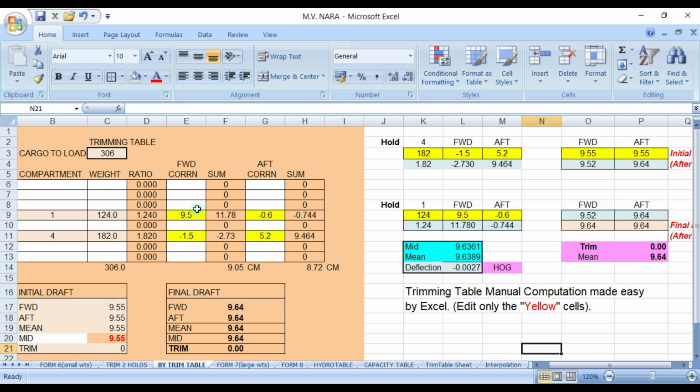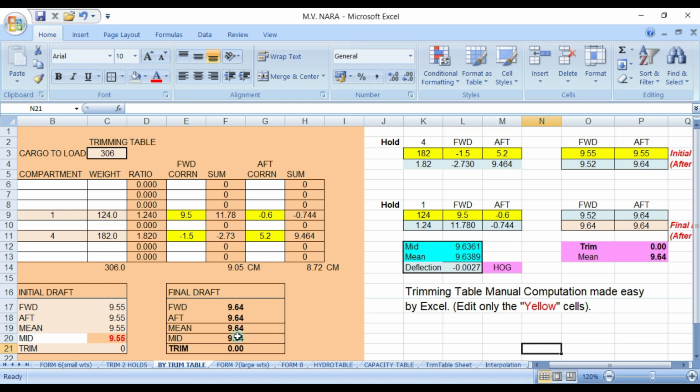Once you put this one, guys, here, he will automatically put the same figures as what is written here. You will see in hold number 1, 9.5 and 0.06, hold number 4, 1.5 and 5.2, and the results will be forward 9.64 and aft 9.64. Then you have an even keel.